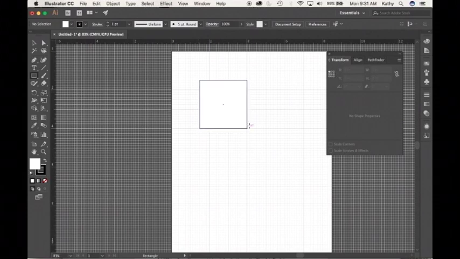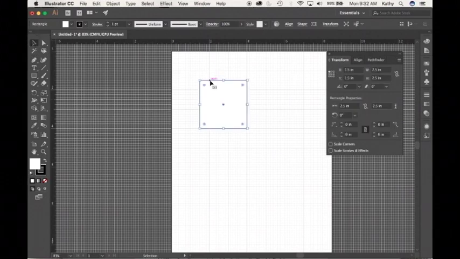I've now got a square that has a black line around it, and it seems to have a white fill. You'll notice that my grid has disappeared where the square is, and that's because my square happens to have a fill. Let's look at the stroke and fill icons here. An Illustrator path, by default, I suppose you'd say, is simply a theoretical path. It's a vector. It's a mathematical